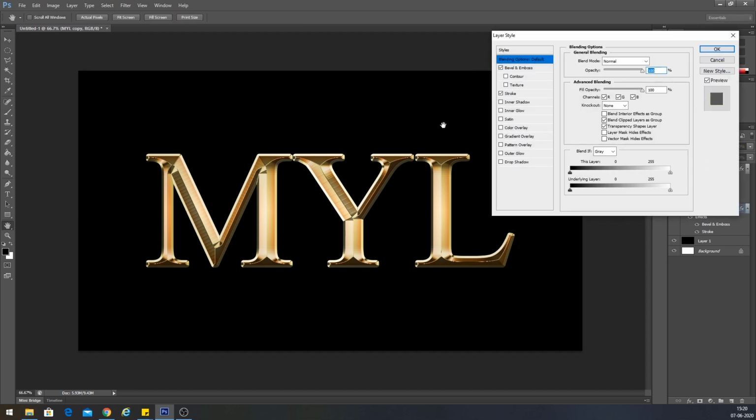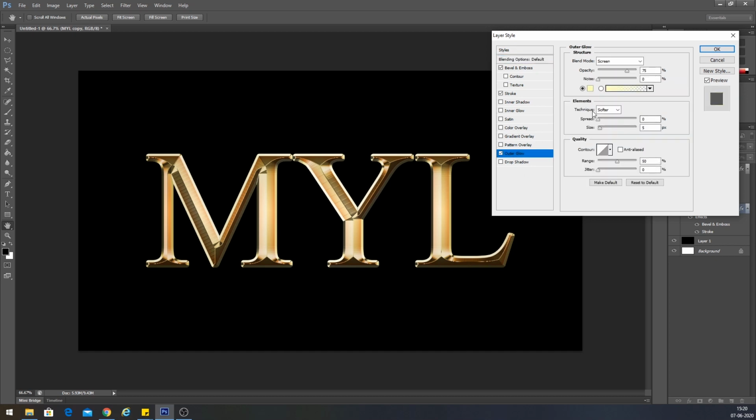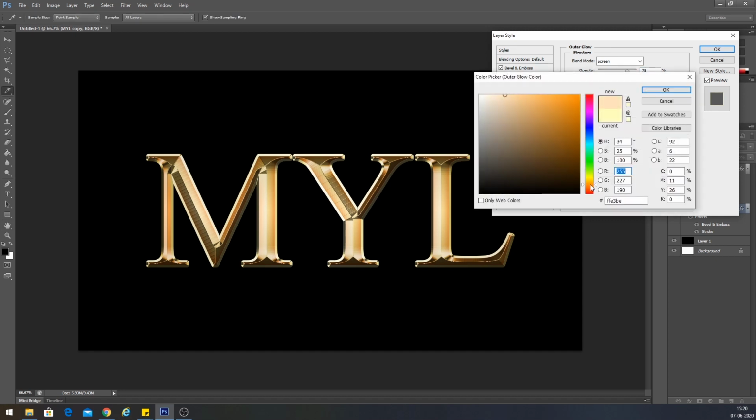Just double click over here, and we have some outer glow. Select outer glow, select here again and go for the orange color, which you have by choosing this, or you can fill in the values over here, 232, 128 and 31.